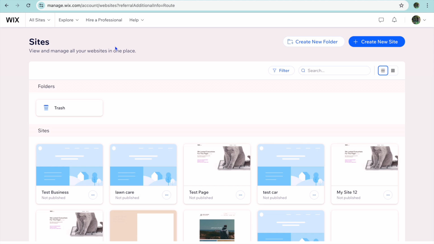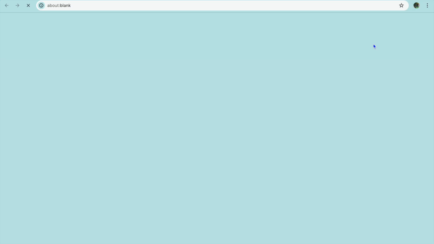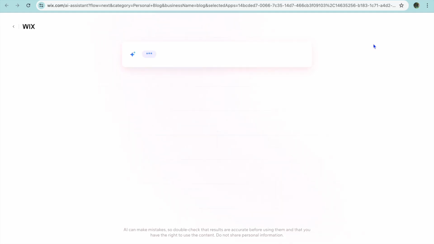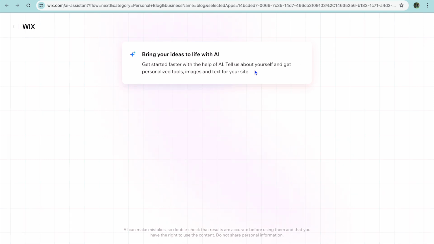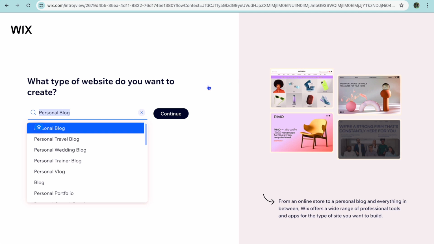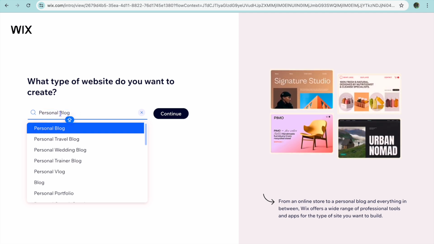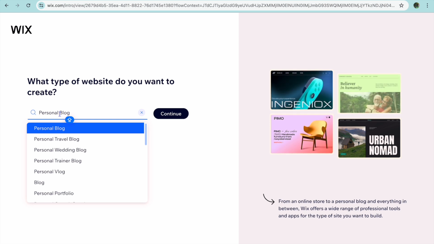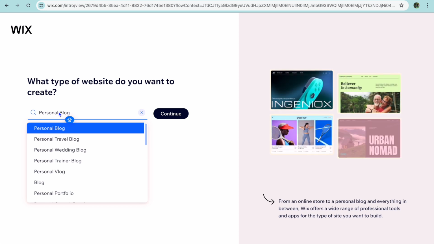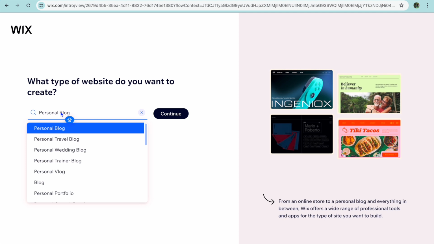Once on Wix.com, you can create an account using your Google account or Facebook account. After you have done that, you're going to tap on Create New Site in the top right hand corner. Then from here, you're going to tap on Set Up Without Chat. If you were to tap on Start Chat, you'll be able to create a blog using AI. After you have tapped on Set Up Without Chat, from here you can type in blog on the search bar,